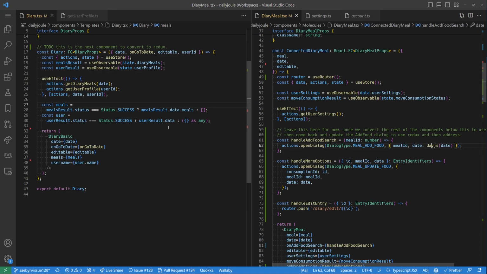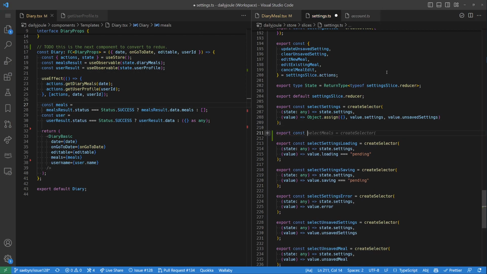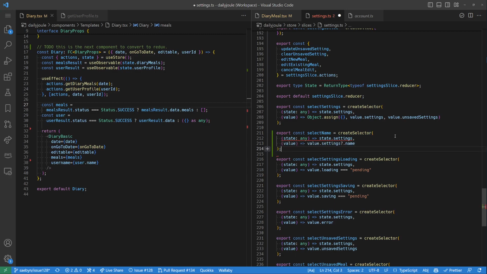Then what I was thinking of doing is, could we just have a selector? Const select meals is an idea. Select name, create selector. Yep, from the settings. And I don't think we want to do anything here. Like in our select settings, we're merging settings and unsaved settings. I don't think we ever care about unsaved settings except on the settings page. So if we do something like that,